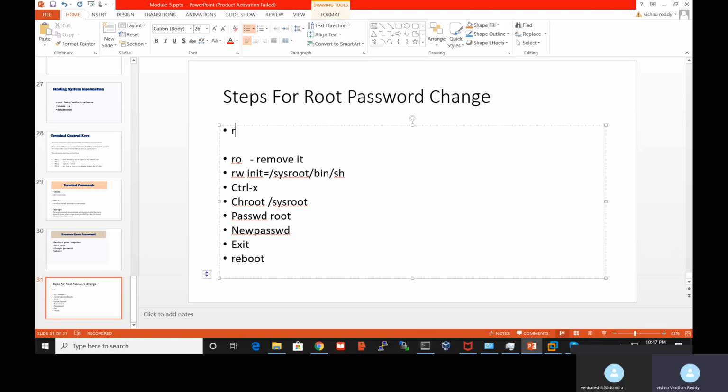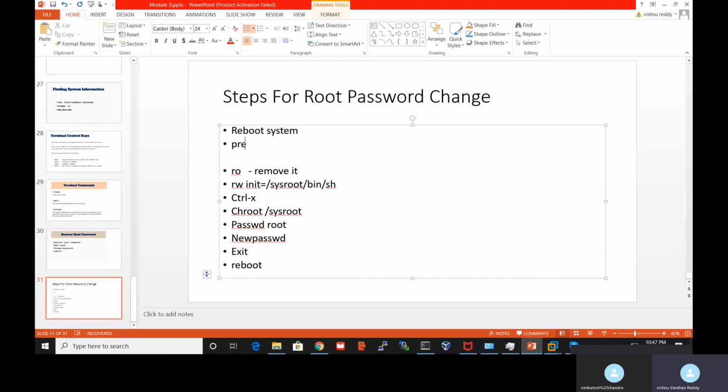So we need to reboot the system and then press E. Press C, and then this is the line we need to remove. Just RO we need to remove. In that we need to come down.